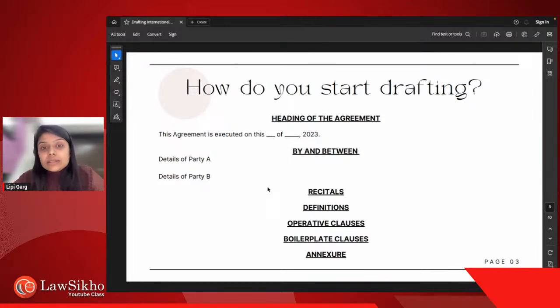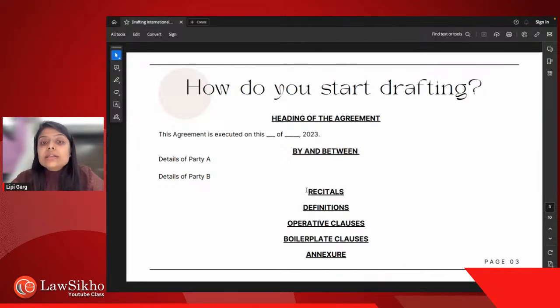We then come to recitals. Recitals are basically an introduction about the transaction of the contract, what exactly is happening, a very short summary in, let's say, 4 to 5 sentences. We say that the role of party A is so and so, the role of party B is so and so, justifying their roles. We then come to the conclusion that in this particular contract we will be talking about, for example, A is employing B, or A is providing all the services to B. So hence this contract.